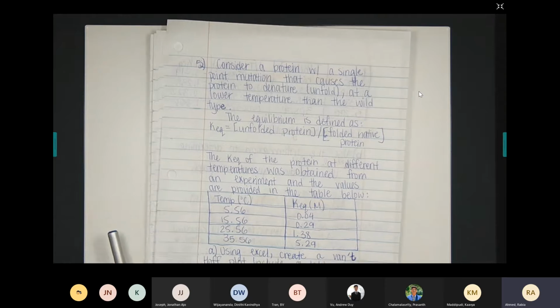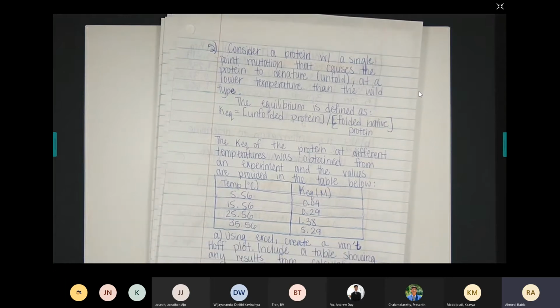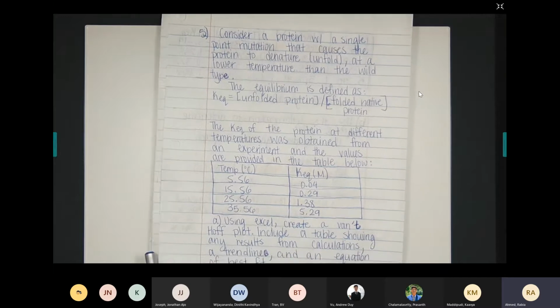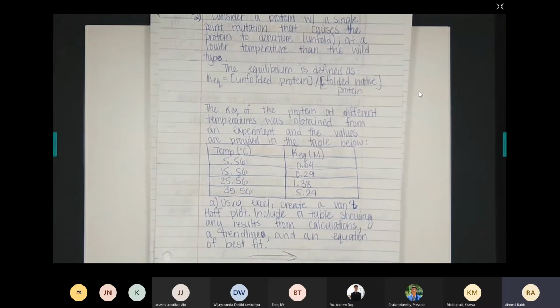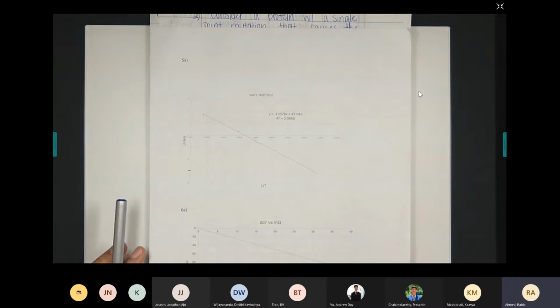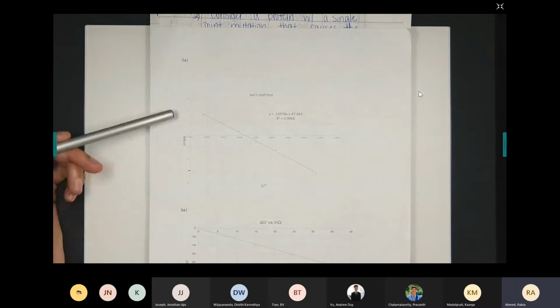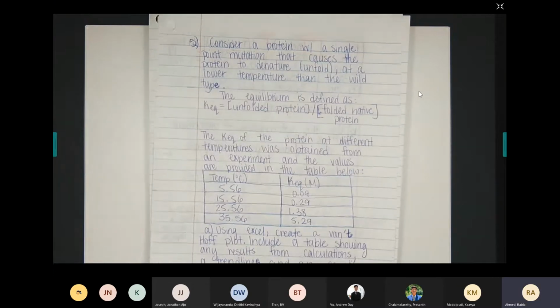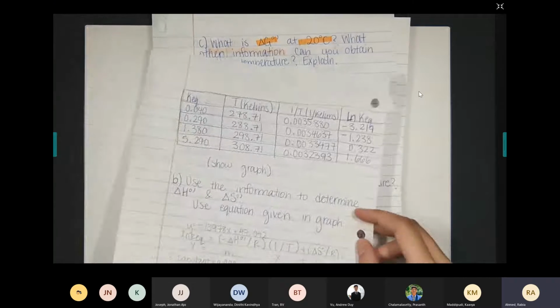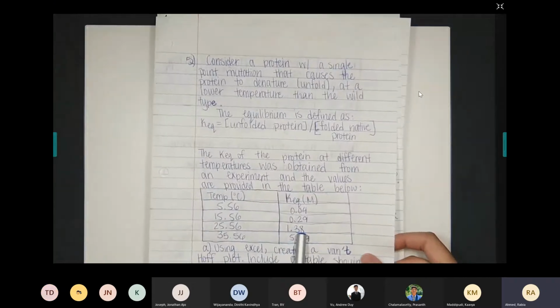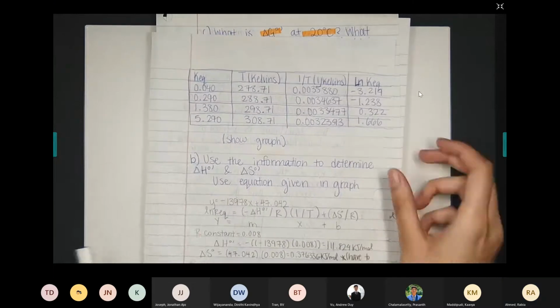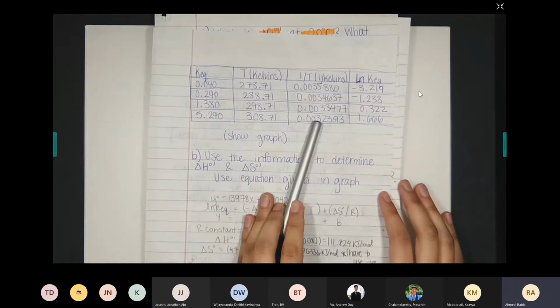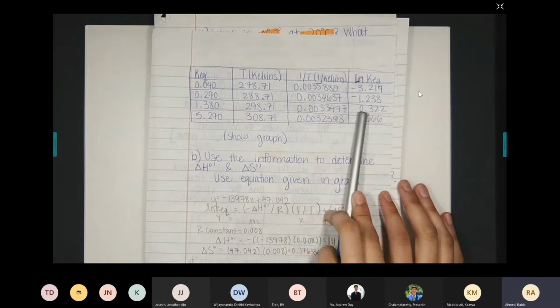So this is a table. Using Excel, create a Van Hoff plot. Include a table showing any results from calculations, a trend line, and an equation of best fit. So I have drawn my graph out on Excel. You can see this graph. So we use this first table to calculate the KEQ, the 1 over T and the ln KEQ using this